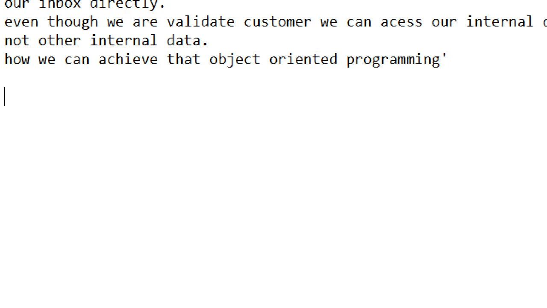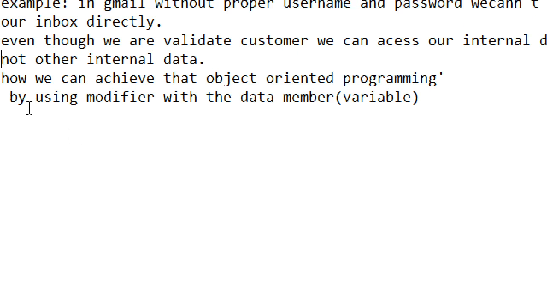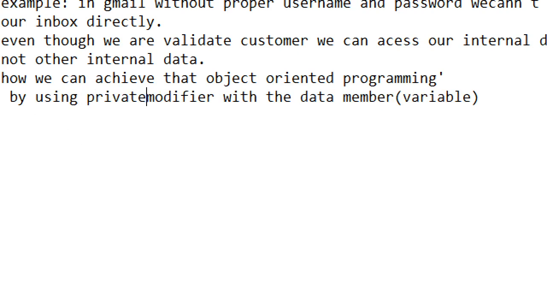By using the private modifier with the data members, that is, the variables. We declare the data by using a private modifier.